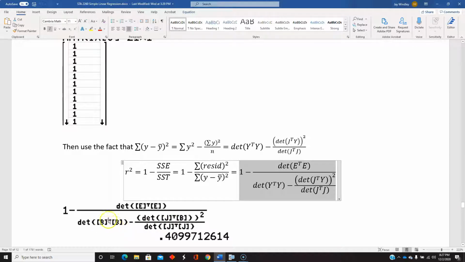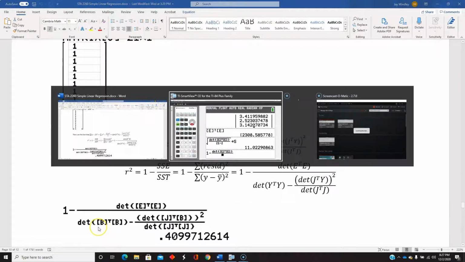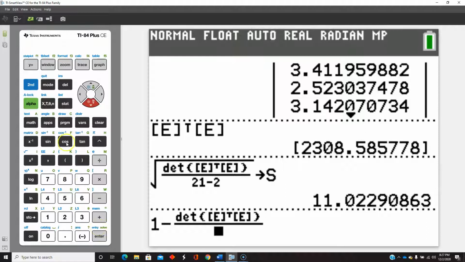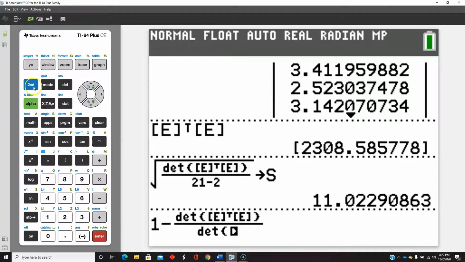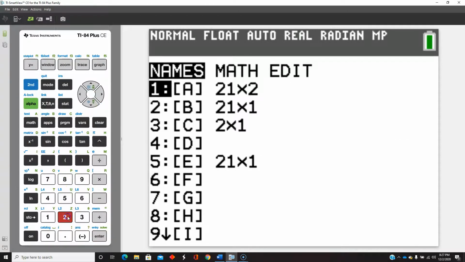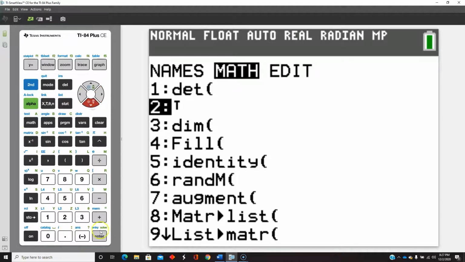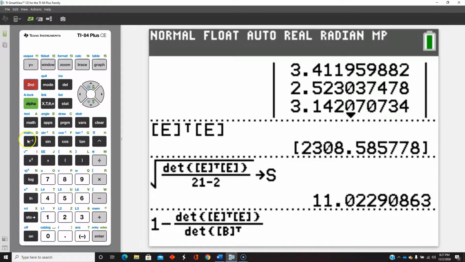But this is the sum of the y squareds minus the sum of the y's squared divided by n. So determinant of B transpose B, second matrix math, determinant of B transpose B,